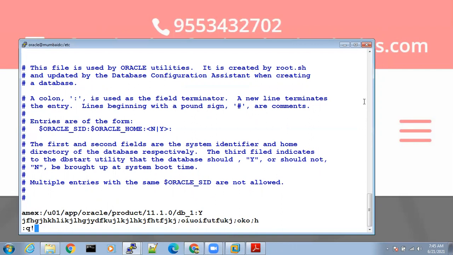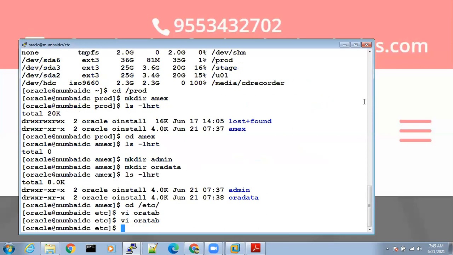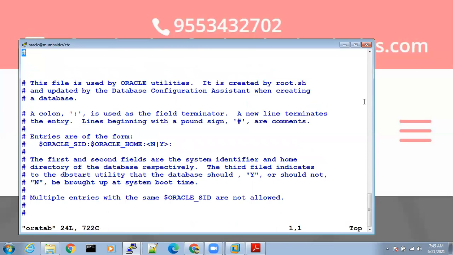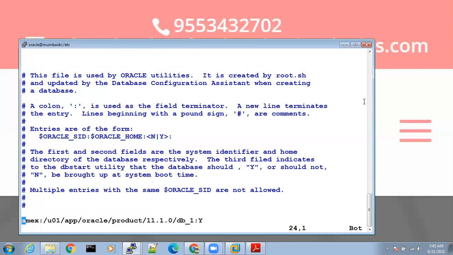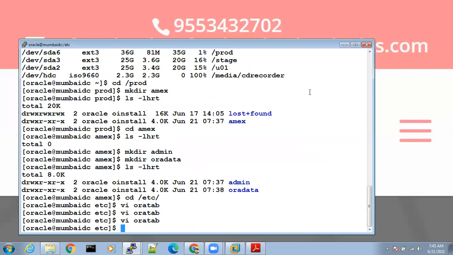That's it. For saving the file, Escape :wq!. For quitting without saving, Escape :q!. This W is not there. Now you can open the file and check that the line is not there. See, only one line. So this is how you do it in Linux.